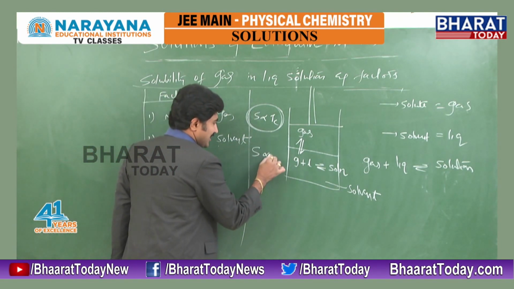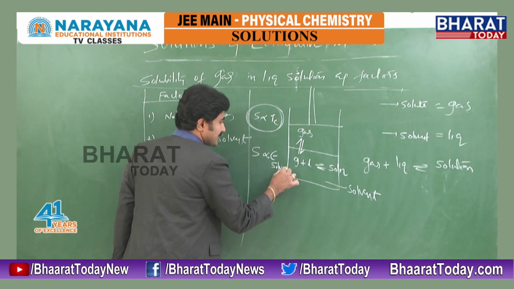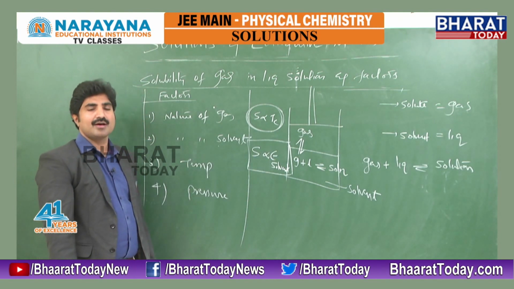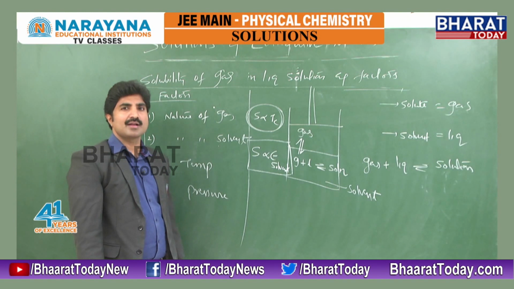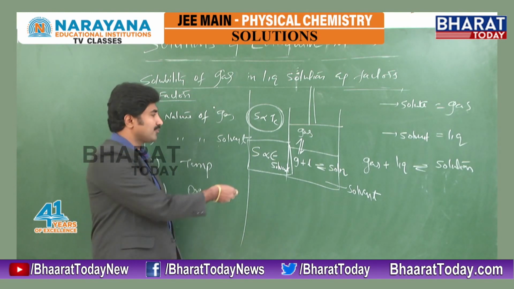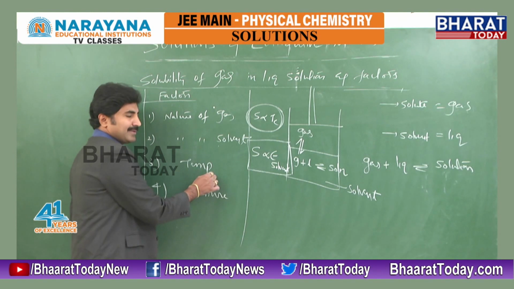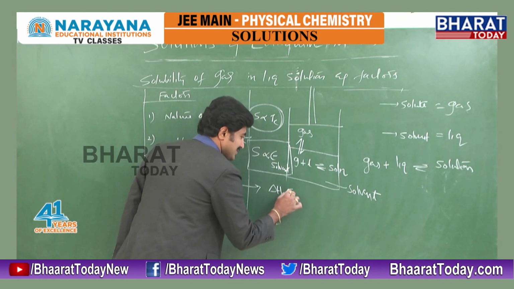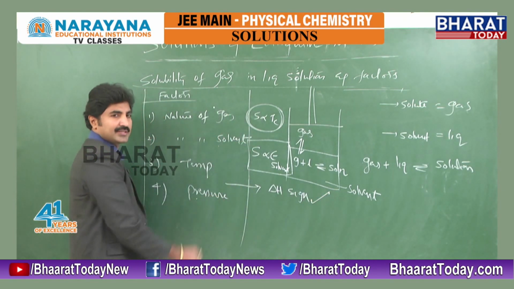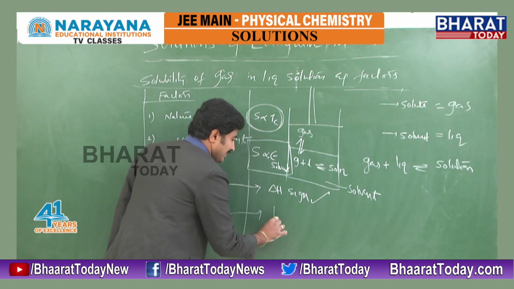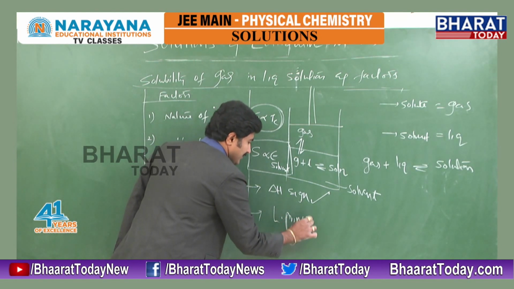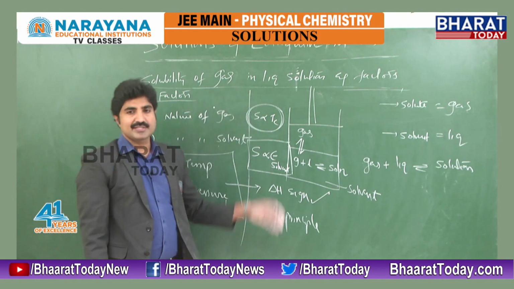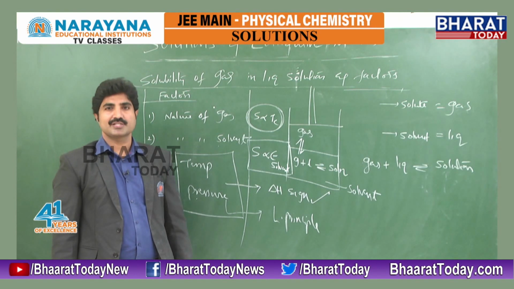And solubility is directly proportional to the dielectric constant of the solvent. More dielectric constant of the solvent, more solubility there. And already we know like-dissolves-like interaction. Based on that also we can understand this solubility. Next, temperature. Already we understand temperature. This can be explained by delta H sign only. And the pressure effect also can be explained by Le-Chatelier principle. Here both temperature and pressure effect on solubility of gas in liquid solution can be explained by using Le-Chatelier principle.